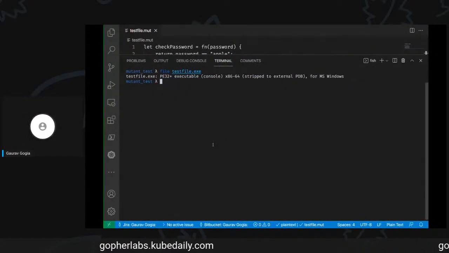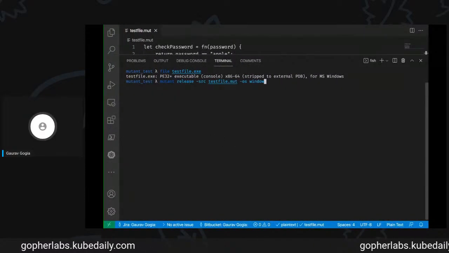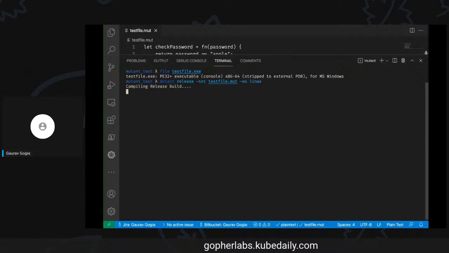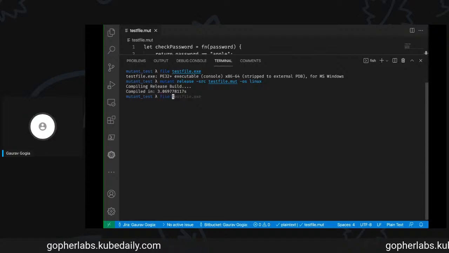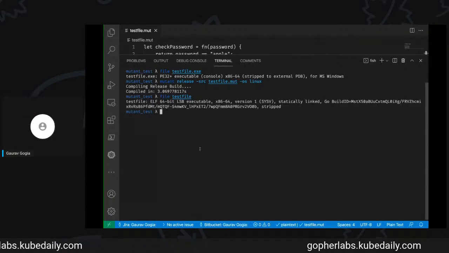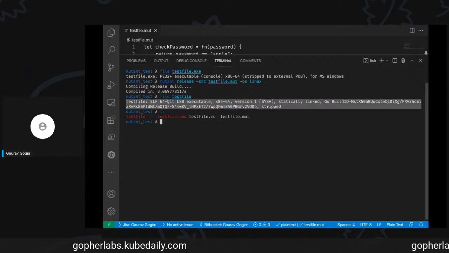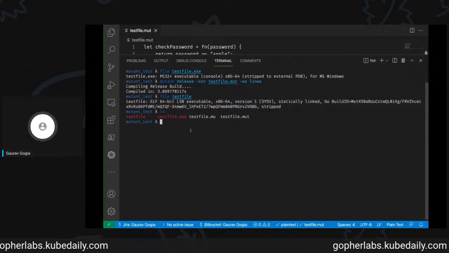Now let's see if we can compile it for a Linux machine. And yes, we can. Let's see if it's compiled or not. Yes, it is. Here, this is the file. It's compiled for Linux. It's a 64-bit binary, but we can also compile a 32-bit binary.